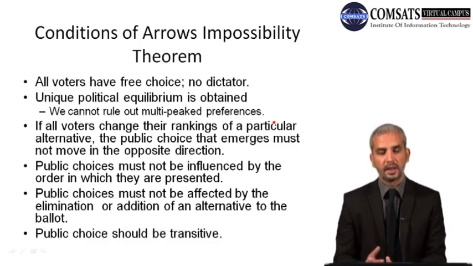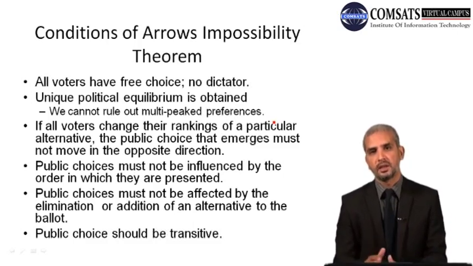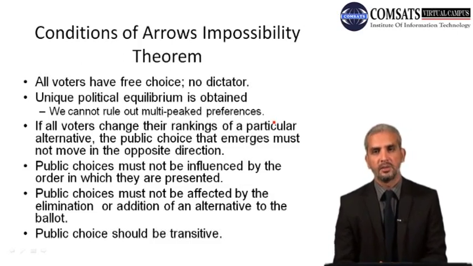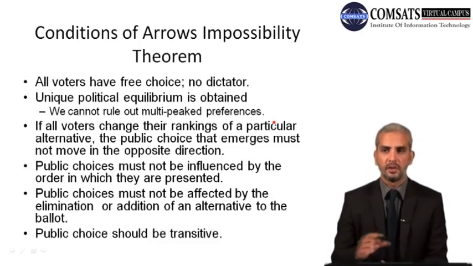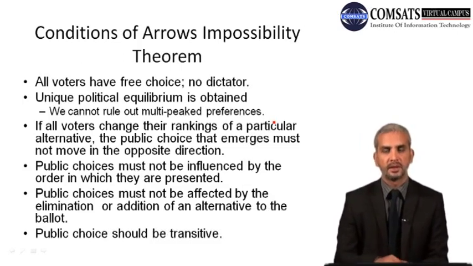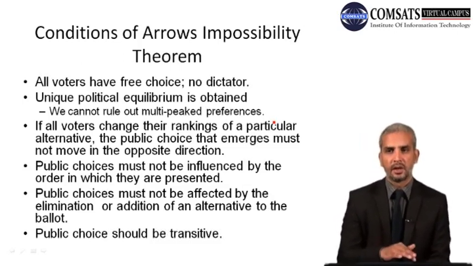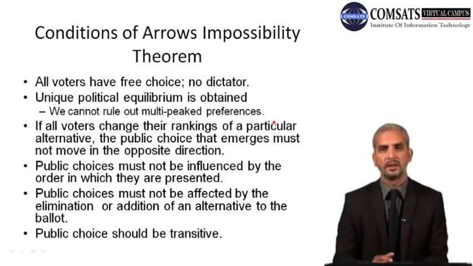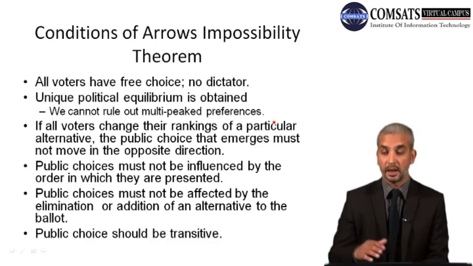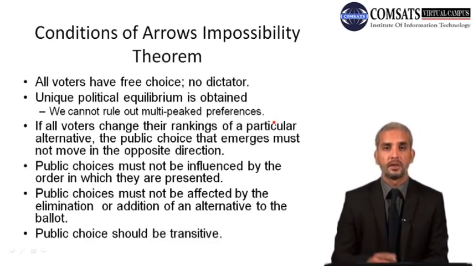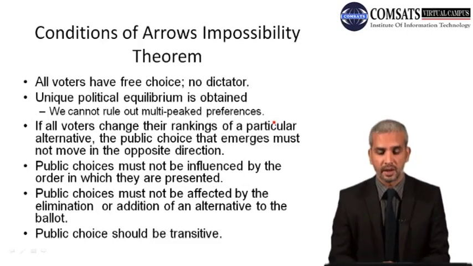Public choices should be transitive. Now if public choices are transitive, specifically in the case of B, the public choice did not seem to be transitive because B preferred two extremes, and as per his choice, for example, 1 firework was greater than 2 fireworks. In that case, 1 firework and 3 fireworks were greater than 2 fireworks. Now those preferences are not transitive as such.